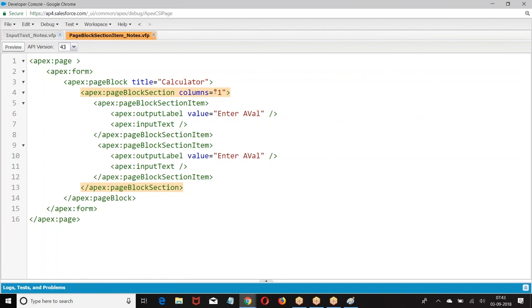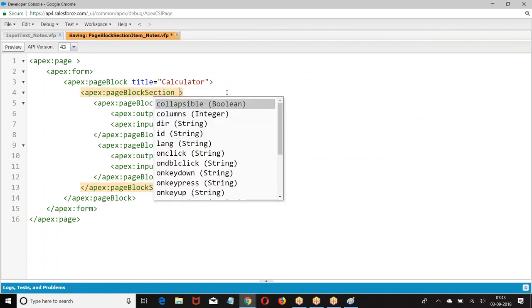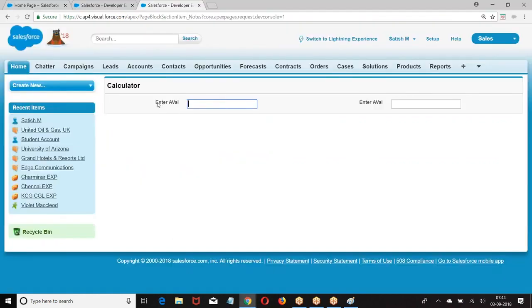Let us see this. Enter a value, box, enter a value. So this is one component. What is this component? Page block section item. Now, why are you going for a page block section item?